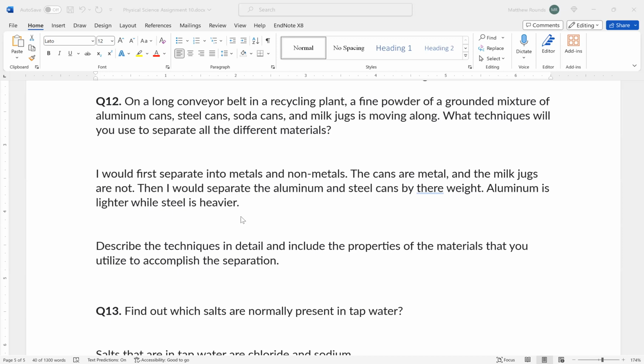Can I say if I'm able to, okay, hold on. Let me say this out loud. Let's say I'm holding a soda can and in my other hand I'm holding an aluminum can. So we know steel's heavier, right? If I hold a soda can, it's obviously going to be a mixture between the two weights. So would I say a medium weight, or a weight in between aluminum and steel? I don't know how to say it. You're missing that they're ground down. You just have a pile of material that's aluminum, steel cans, and then soda cans. It's just ground down. What I'm suggesting is that you could measure something about it that would overlap. You could just say, it has properties of both, which means